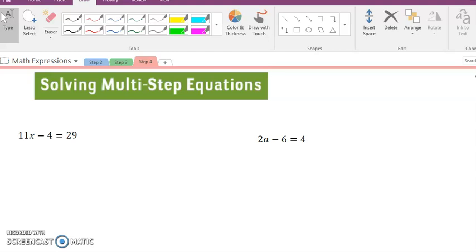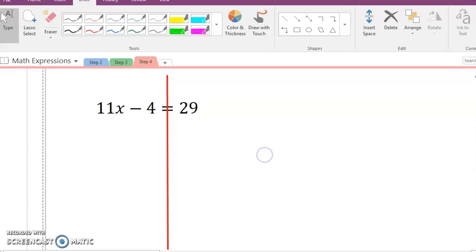In our last video, we were solving one-step equations. Now we're going to solve multi-step equations. Basically just the same concept, we're just doing multiple steps in the same problem. So we have to take our time to be a little bit more careful about what we're doing with each example problem. I'm still going to put a red line separating both sides of my equation, just like I did with one-step equations. I'm still going to highlight the variable,